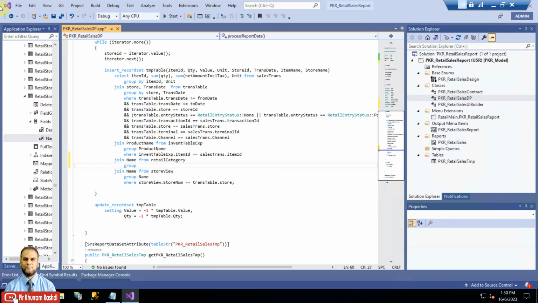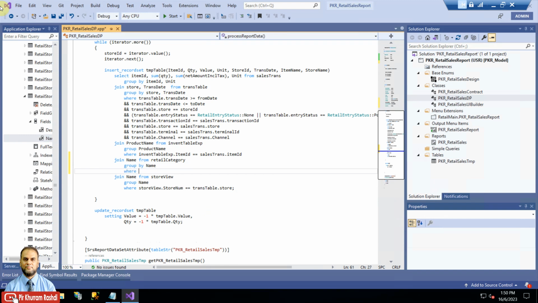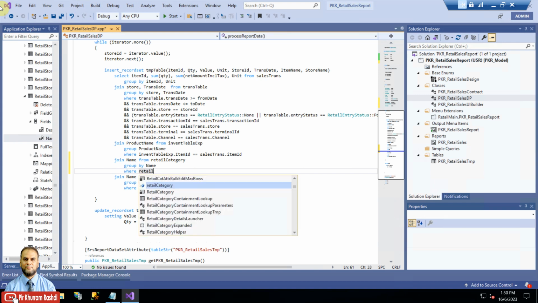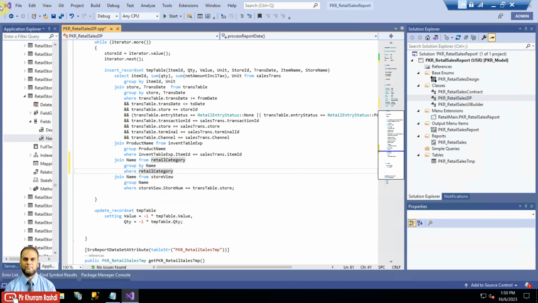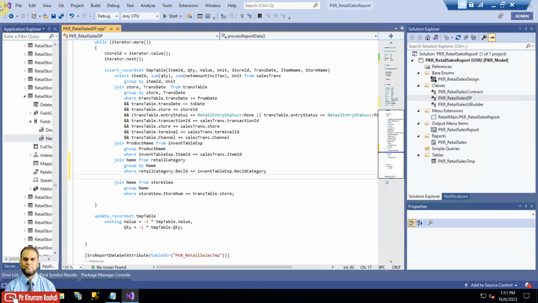Okay, since it is under the aggregate function of sum we are using, we will be grouping it by name, and it is a must. Then we have a where clause, and here we have retail category rack ID, and this will equal the invent table expanded view. It will have the rack ID of category, the child category, and then the parent